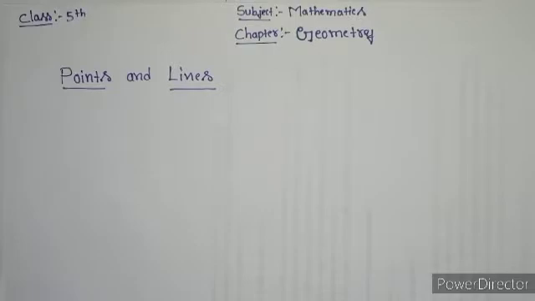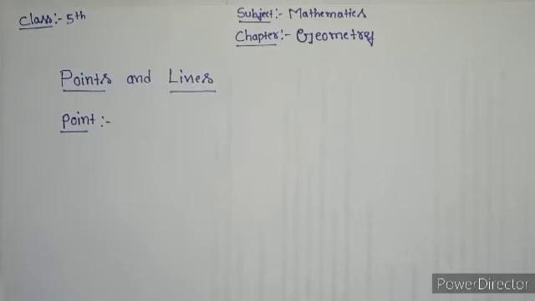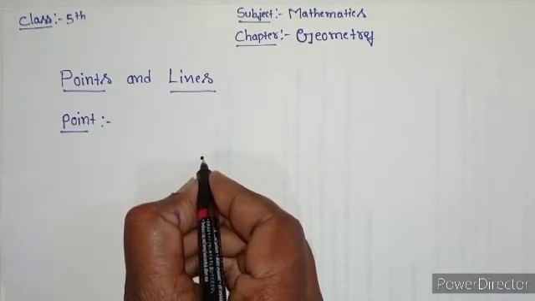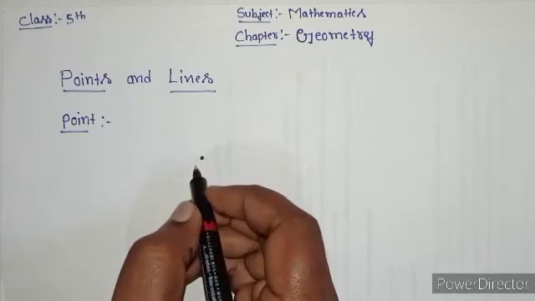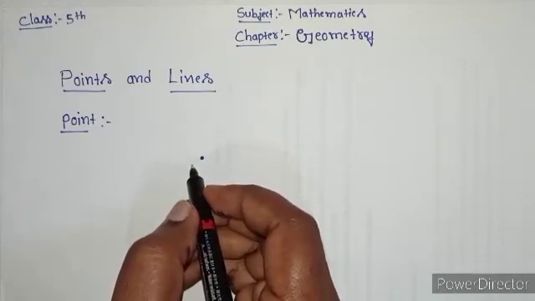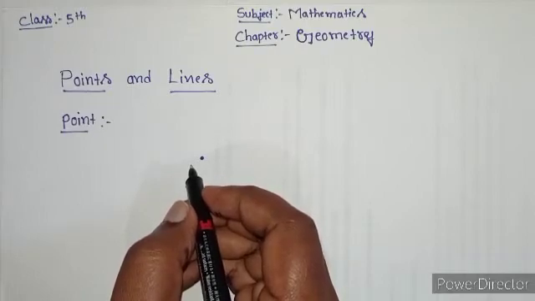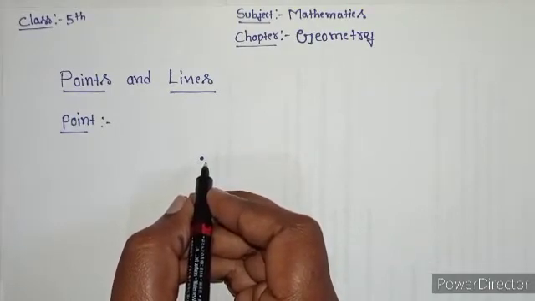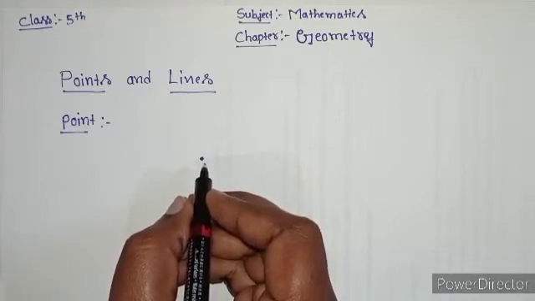First, let us start with the point. In geometry, a point is a fixed location. It cannot be moved. A point may be represented by drawing a dot. All of you see here, this is one point. The tip of a needle or a drawing pin can be considered as a physical picture of a point. Capital letters of the English alphabet are used to show different points represented by dots.